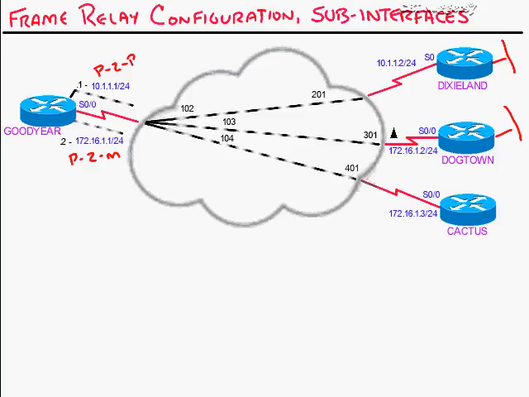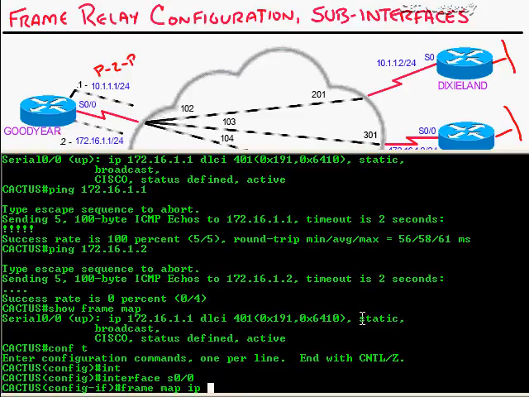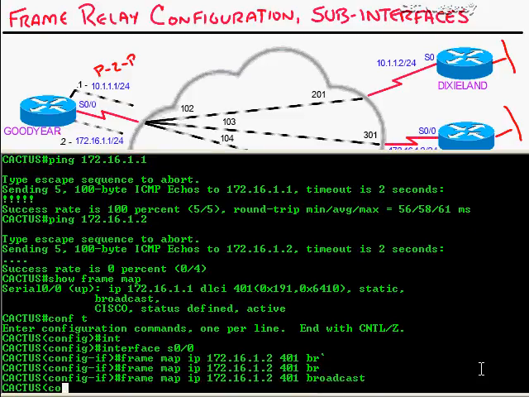Now remember, we never go to a destination DLCI. We would never go to DLCI 301. That's only for Dogtown's use. Well, the only option is to use our own DLCI, 401. We've got one departing flight number. Let's use it because that's our only way out. So I'm going to say to get to Dogtown, 172.16.1.2, use DLCI 401, and I'll always toss on that broadcast keyword, and we should be able to get there. So we're saying go out 401, that'll send us into Goodyear, and Goodyear should be able to handle it from there. Let's go ahead and type in the other one as well while we're here, because, by golly, we need